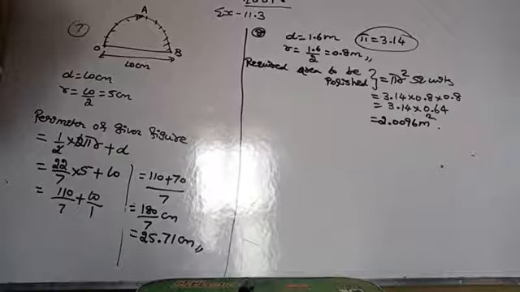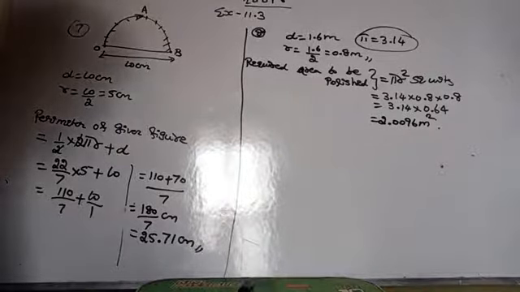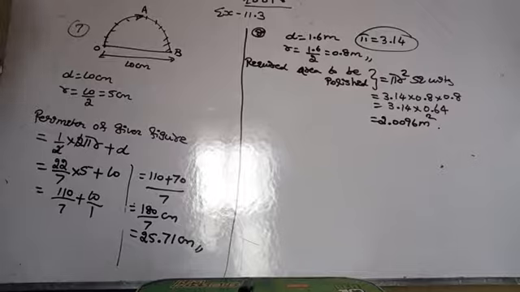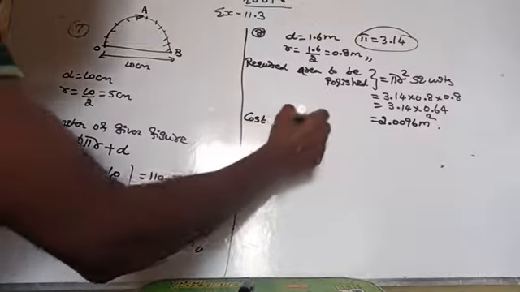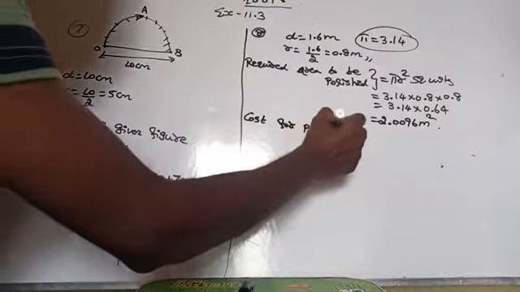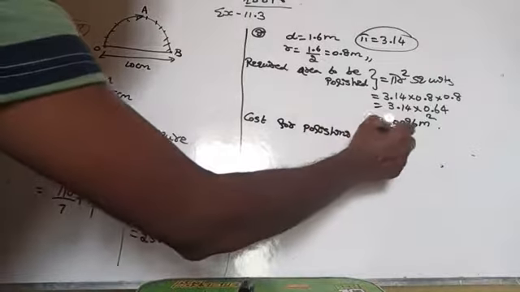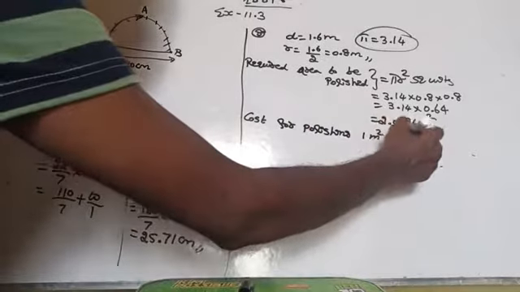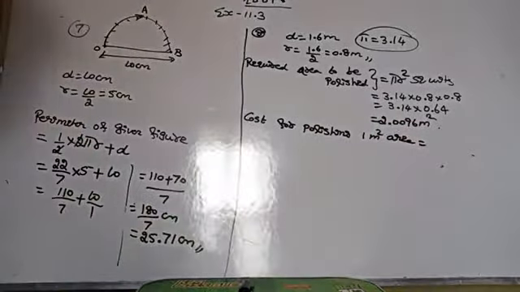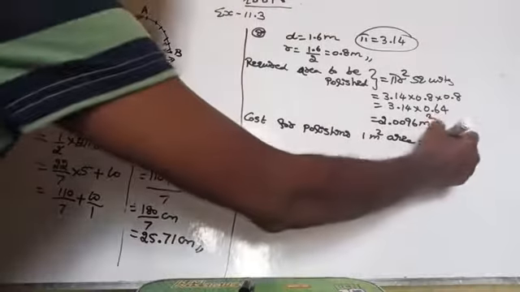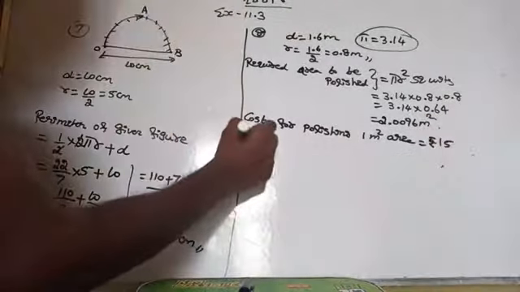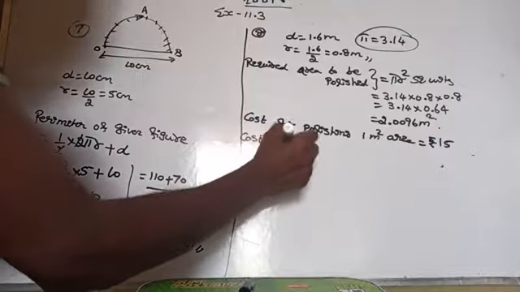2.0096 meter square is the area to be polished. Now, the cost for polishing 1 meter square area, how much? It is given: rupees 15. Therefore, cost for polishing